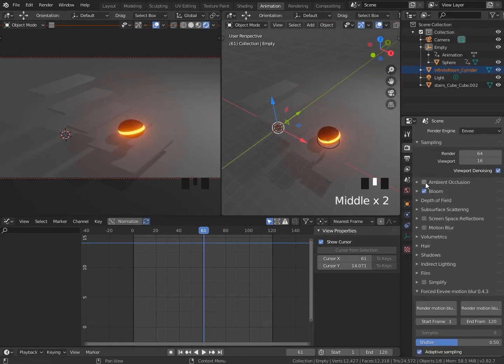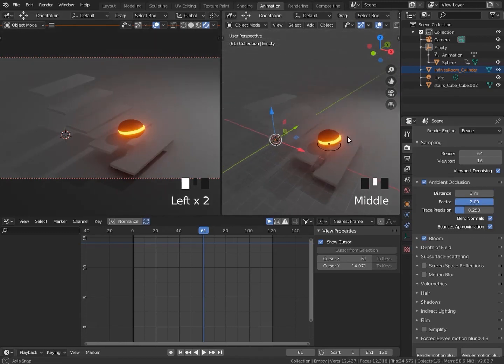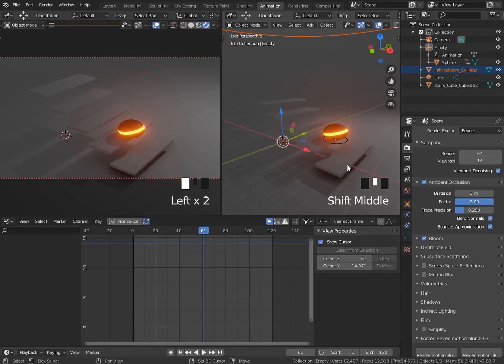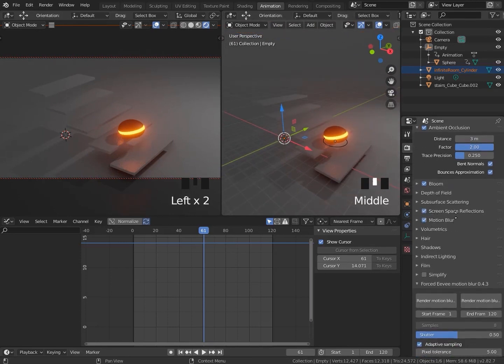The bloom is already set on. We're going to turn on ambient occlusion. I'm going to go ahead and take the distance and put this up to something much higher, like 2, 3, something like that. The factor, I'm going to set this up to 2 to kind of get that little bit of a darker occluded feel. And then we'll turn on screen space reflections, motion blur,